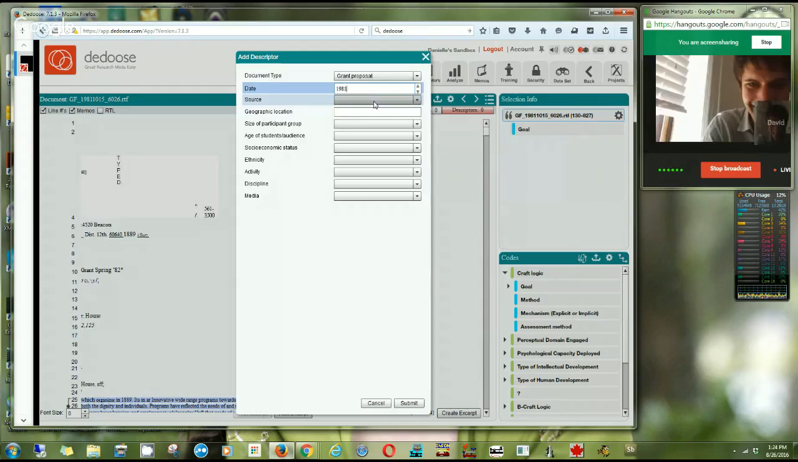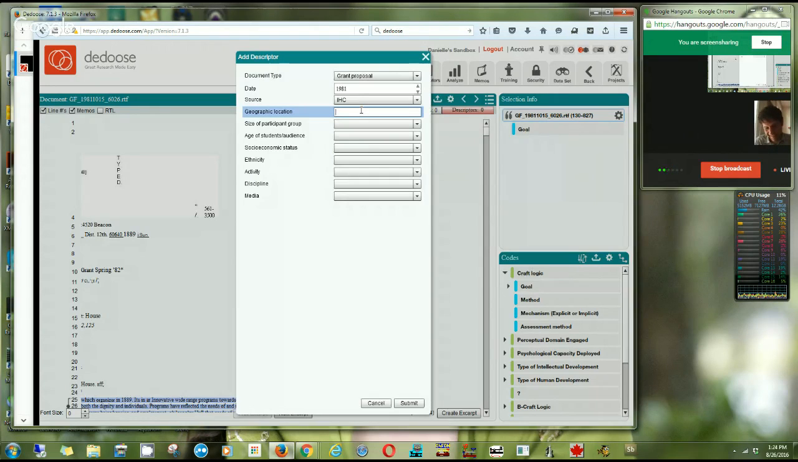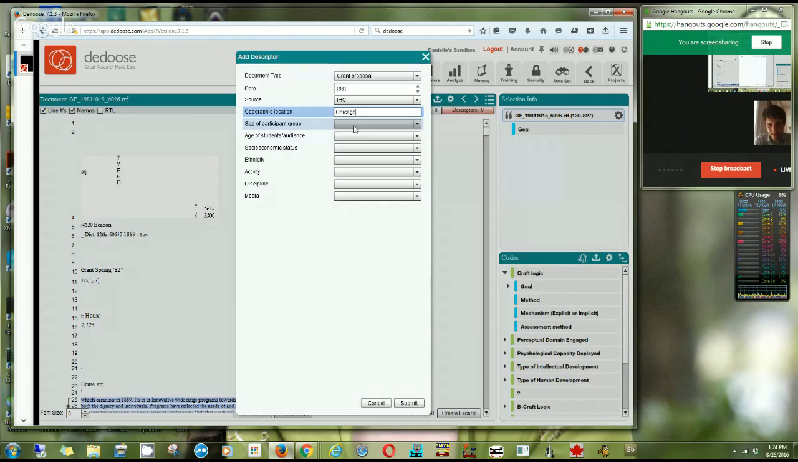Source. In this case, I already know what it is, so it's IHC. Geographic location, again, you've got to write it in. Illinois, Chicago. We don't know any of the rest of this other than media and discipline. We know there's a certain amount we could add, but you get the idea. And the media is varied,